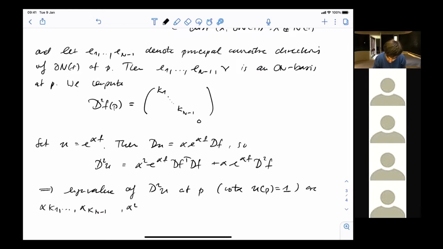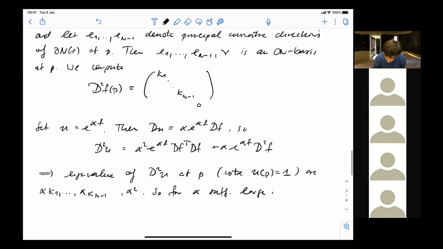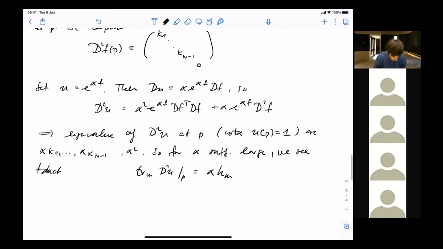So for alpha sufficiently large, we see that the M trace of the Hessian of u at p is exactly alpha times H_M. On the other hand,